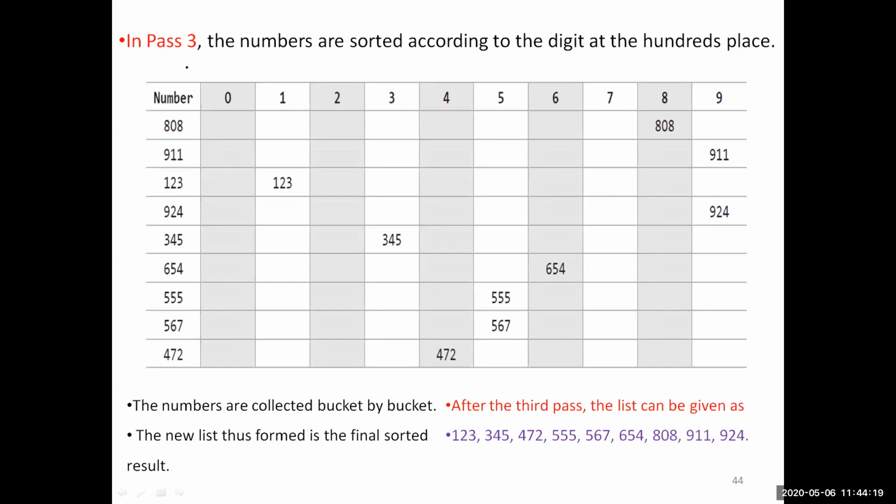Again, as we said, we have a maximum of 3 passes. Why? Because the largest number in the given array has 3 digits. That's why we set the limit as 3 passes. Okay, fine. So again, I'll do the third pass with 808. For the 8, I look at the hundreds place, the most significant digit. It's not called a bit, it's a digit. So 808 is placed in the 8th bucket.